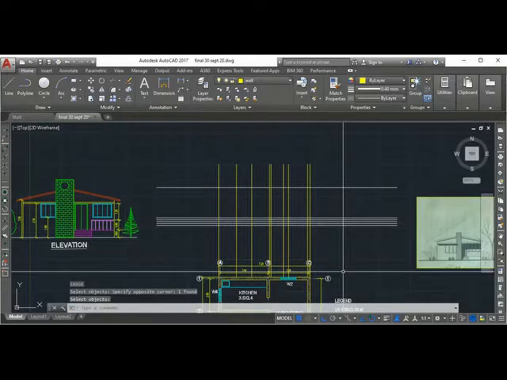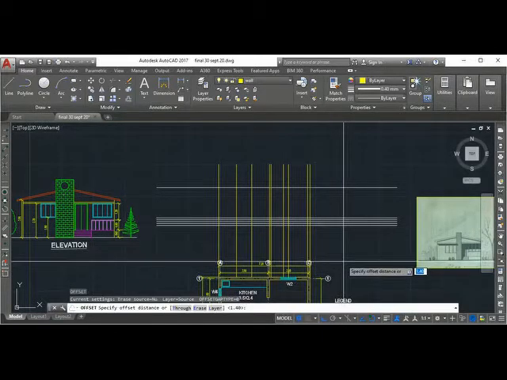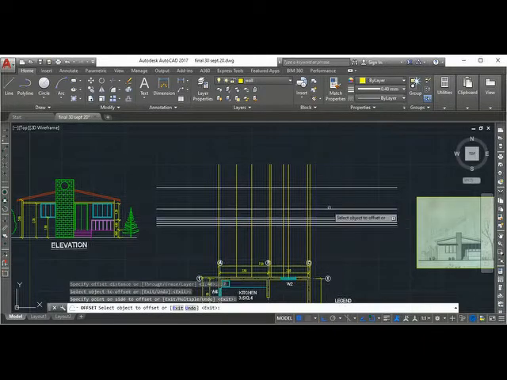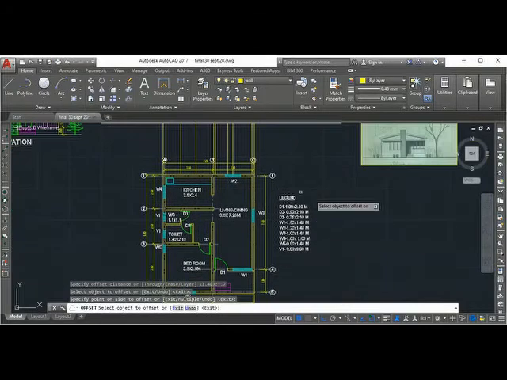Offset 0.7. So from floor 0.7, then 1.4, then 2.1. So this is the door height. Door and window height, all of it is called lintel height. It will be the same. I made a small correction because we'll be following this dimension.